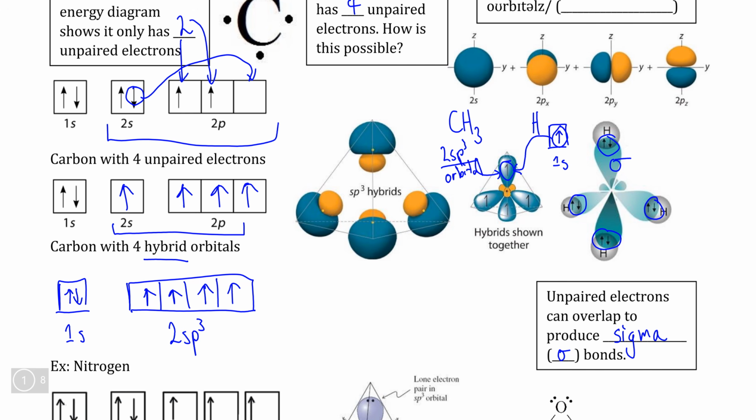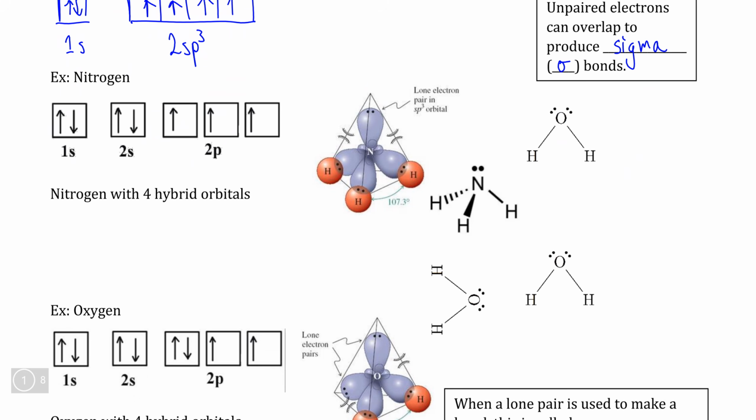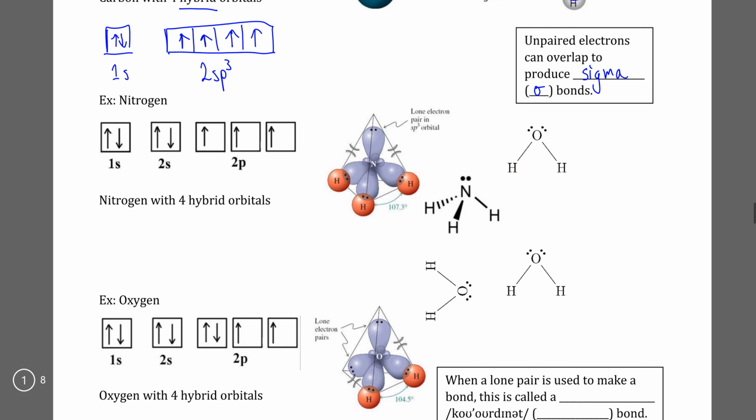So this means that in CH4, sorry about that mistake, in CH4, each of these overlappings of an sp3 orbital and the s orbital from hydrogen produces a sigma bond for a total of 4 sigma bonds, but as we'll see, this is not always the case. If we take a look at how nitrogen hybridizes